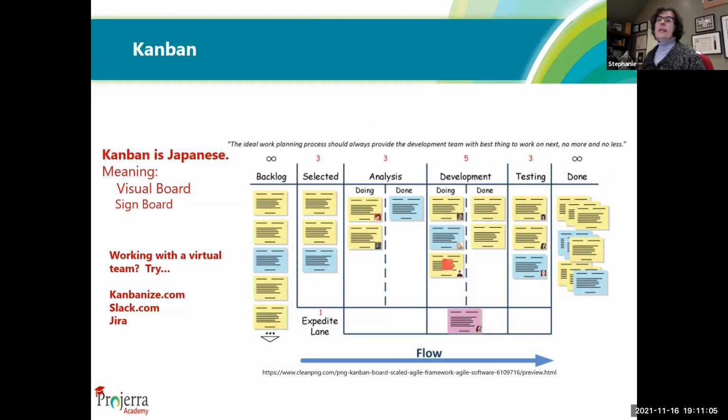So Kanban comes from Japanese. It stands for signboard. There's once again a number of different tools that you can use that work in an agile way for Kanban. I like to think of Kanban as kind of like an assembly line. It's taking IT, it's taking software, and it's turning it into widgets and assemblies. So you still have your backlog, and then you have a number of items that have been selected, and then they're sort of waiting in the wings. They're hovering, they're next. Then you have these things that are in analysis. There's 2 that are actively going through analysis right now. They're getting refined. And then when the analysis is done, it's moved over here to the done column.